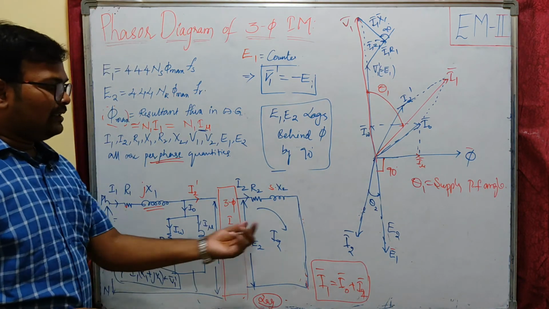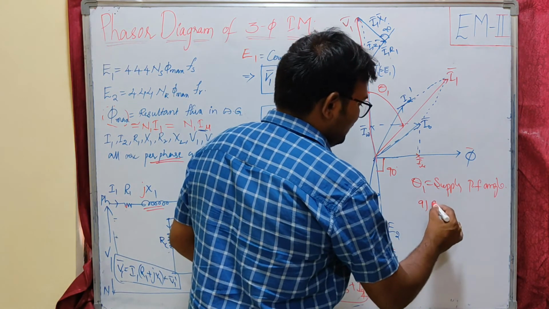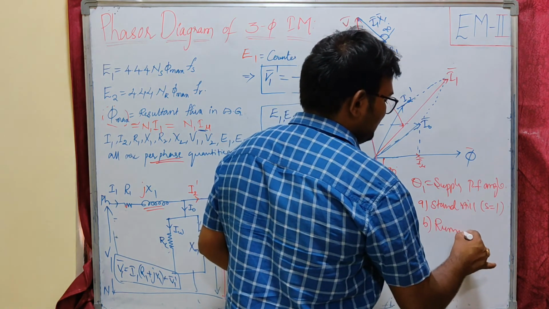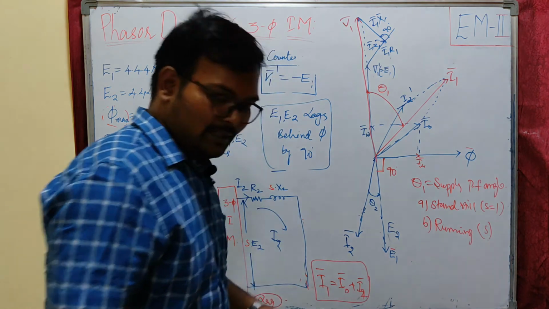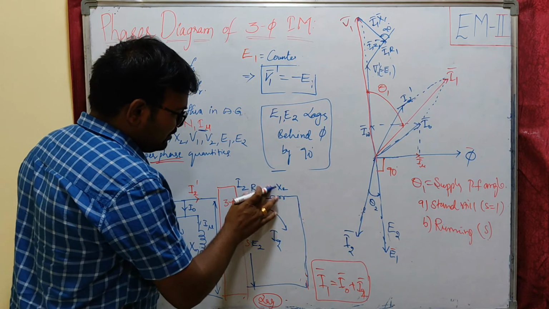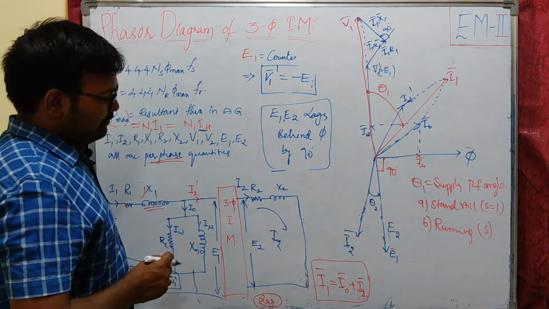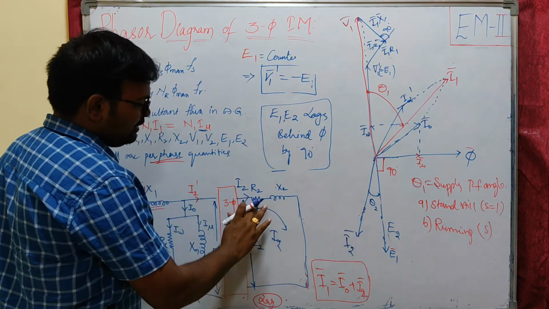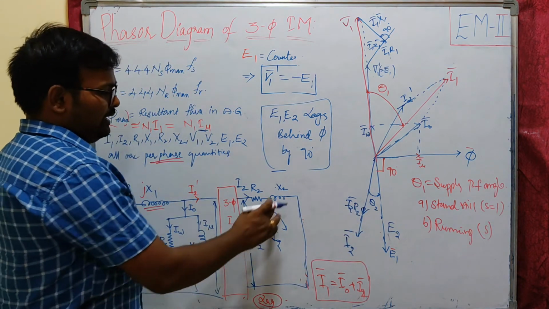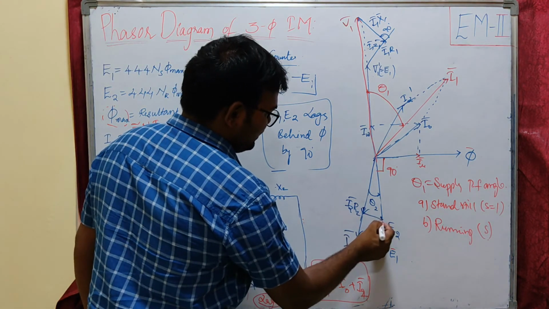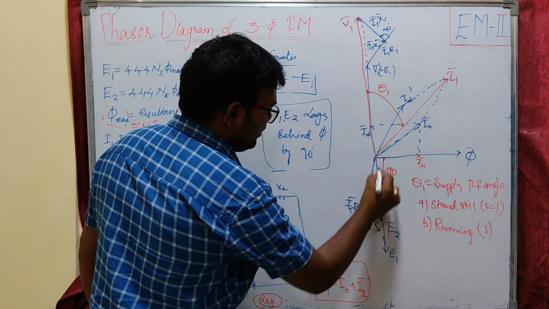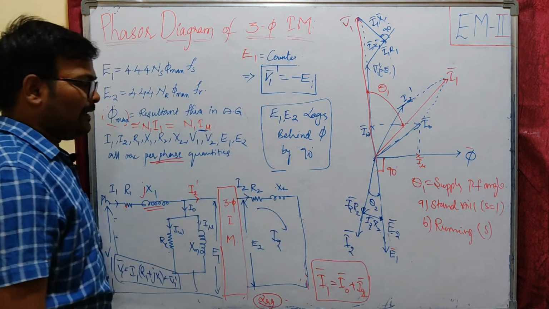So let us see the things in the rotor. The rotor has two conditions. One is the standstill condition, that is s equal to 1. Another is the running condition, where s is somewhere less than 1. Let us see the standstill condition first, where s will be 1. Now let us draw the phasors. So we have E2, I2, and the drop due to I2 R2 is in series with I2. This is my drop due to R2, that is I2 R2, and this is my drop due to X2, which will be 90 degrees away from I2 R2, and this is my I2 X2. So the sum of I2 R2 and I2 X2 will be E2. This is the standstill condition.